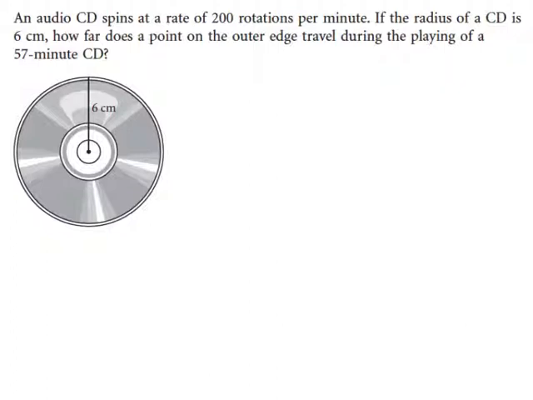So what we're going to do is figure out how far it travels in one revolution. That would be the circumference, right? And the circumference, in this case, I'm going to use 2 pi r, since I know that r is 6. So what would the circumference of that be? 12 pi, which is